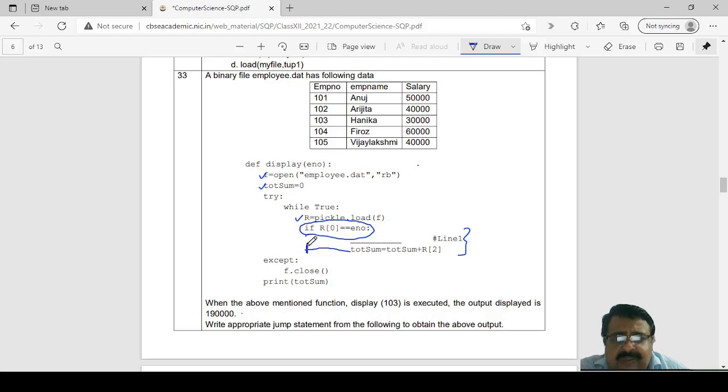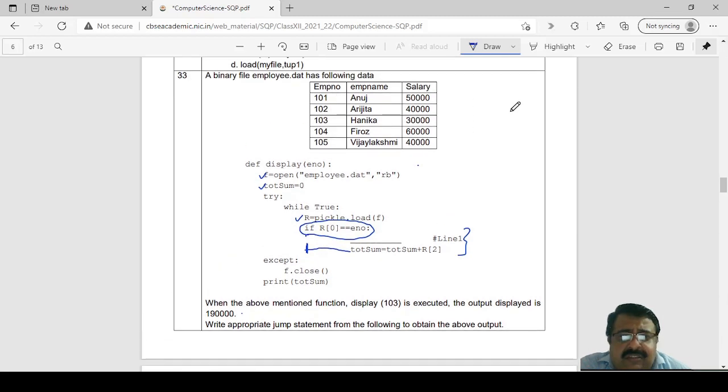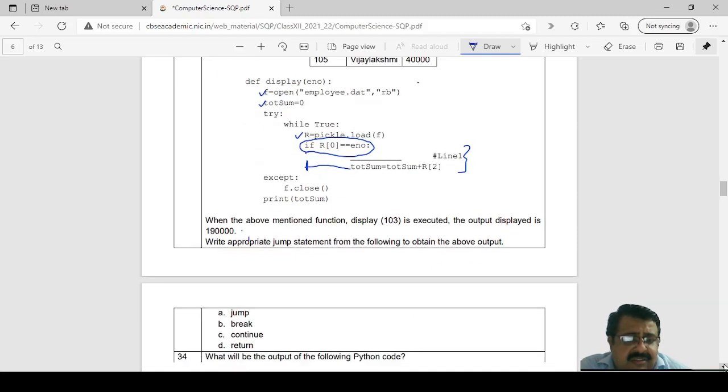Then only this program will make some sense. Otherwise it is not going to make any sense. Right? And if we check all these values, we will see that if we omit the value 30,000 and take the sum of all the others, then it is coming 19,000. Okay. So then obviously here